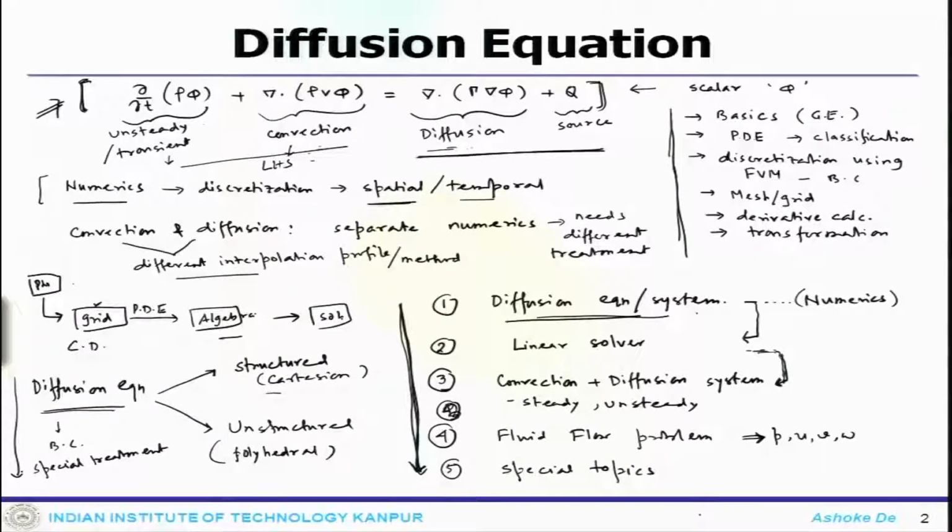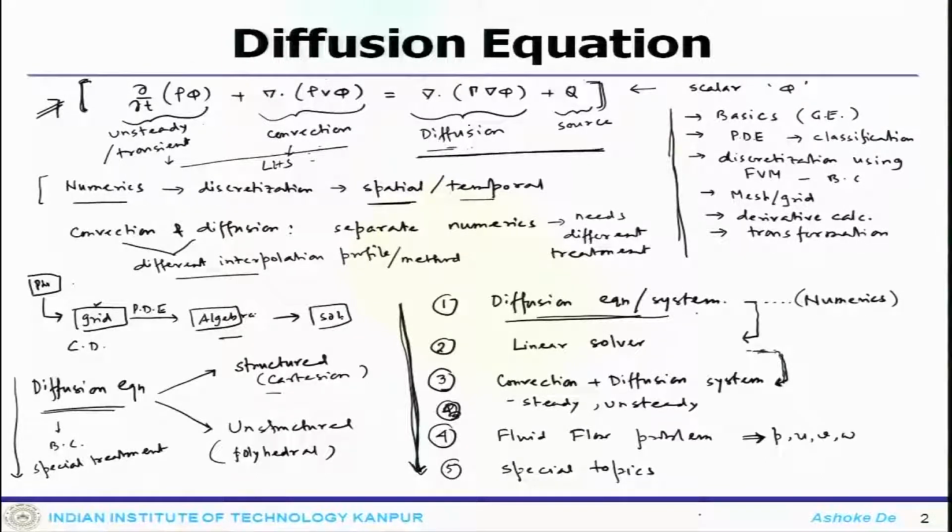So, as we said, we will begin with the overall framework. We have a transport equation in hand which is unsteady in nature, and there are different terms: transient term, convection term, diffusion term, source term. And we will now look at the finer details of individual terms through the discretization.